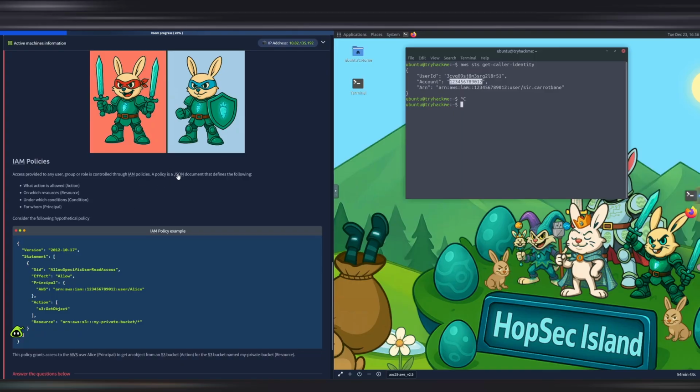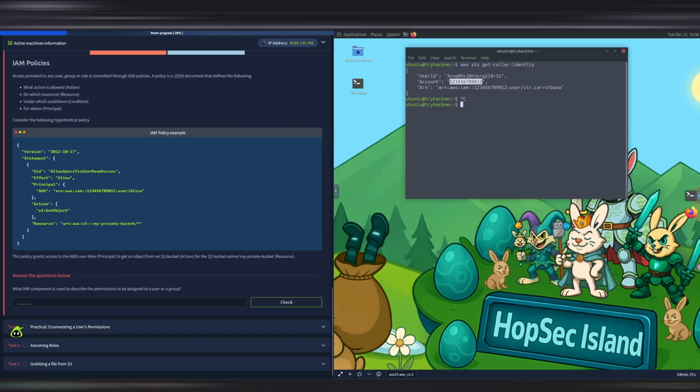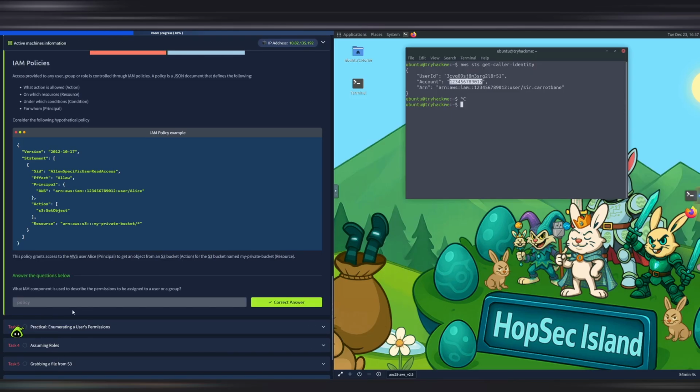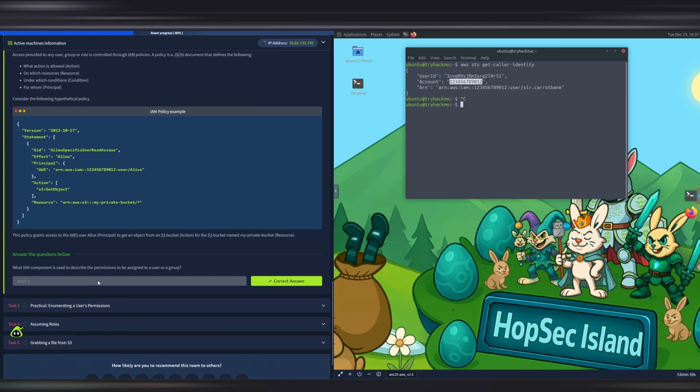A policy is a JSON document that defines the following, you can see here. And then we have the hypothetical policy, as you can see here. Now, what IAM component is used to describe the permissions to be assigned to a user or a group? It's a policy, instead of the plural policies, it's a policy.